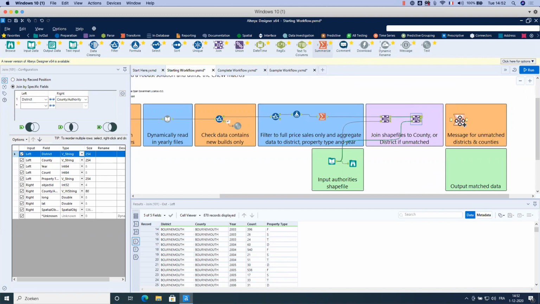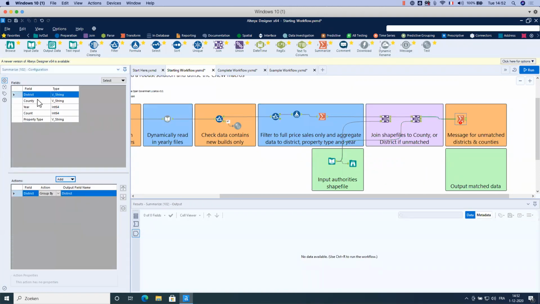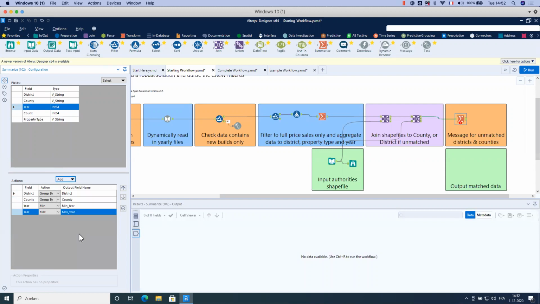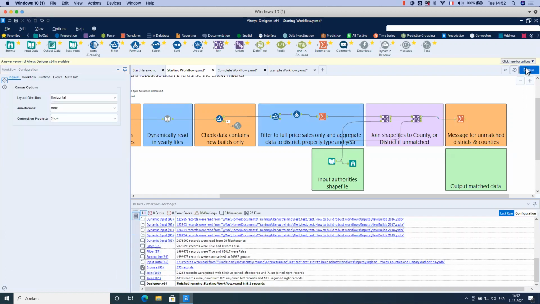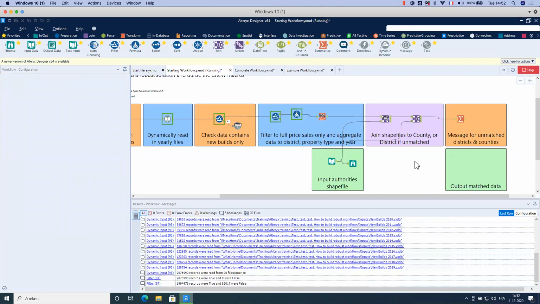So let me summarize by district, county, and also take the first year and the last year. Yes, min and max. The first year, I will rename it from, and the last year, I will rename it to. Okay, let me run this just to have a look at what it looks like.